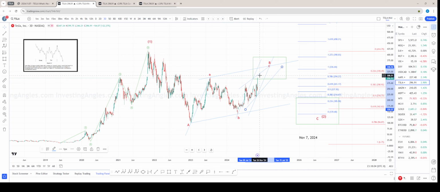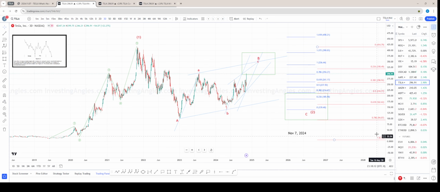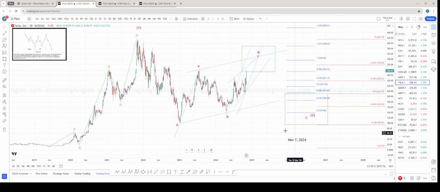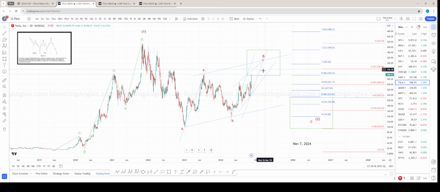So, well, if we see a diagonal, it would be a much stronger reaction downwards. So this is the map that we have already, right? So we are saying that Tesla is probably gonna go a little higher. We don't know, and then it's gonna go down somewhere here. Or we can measure it by size of wave